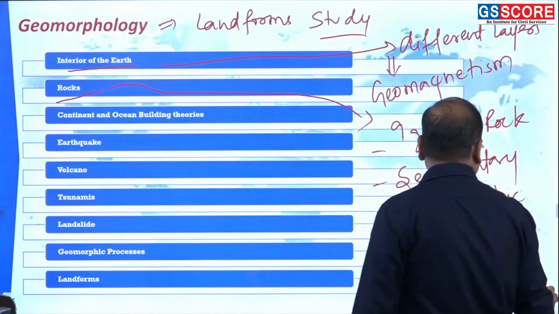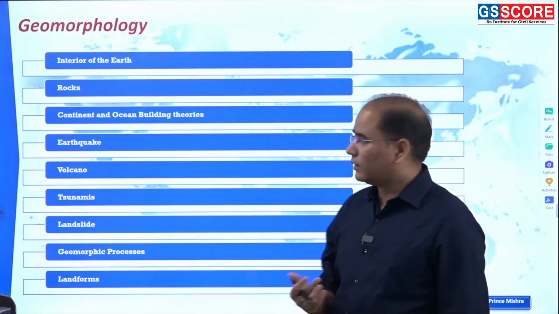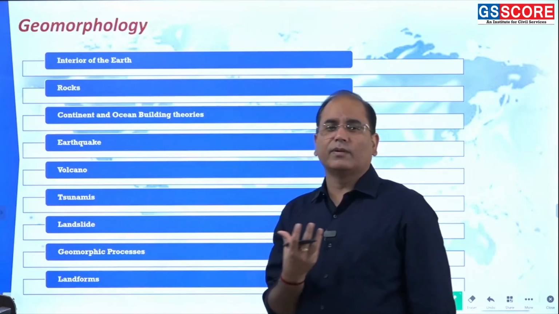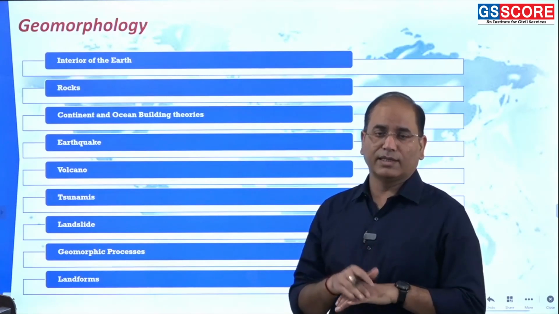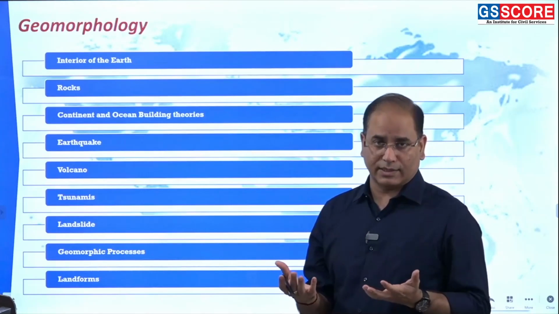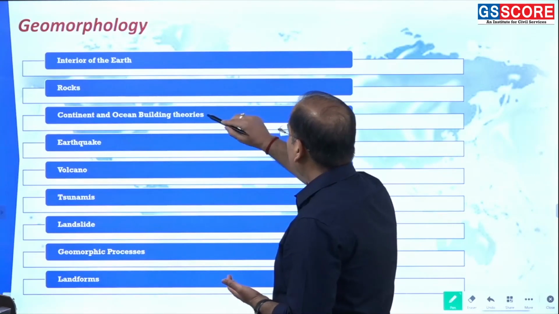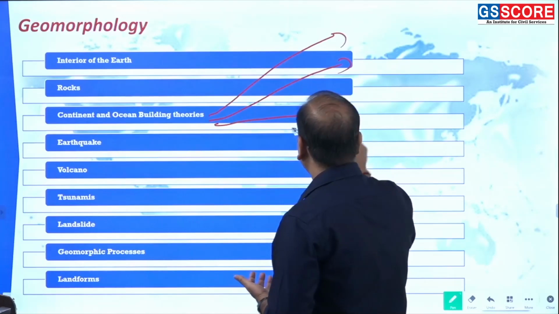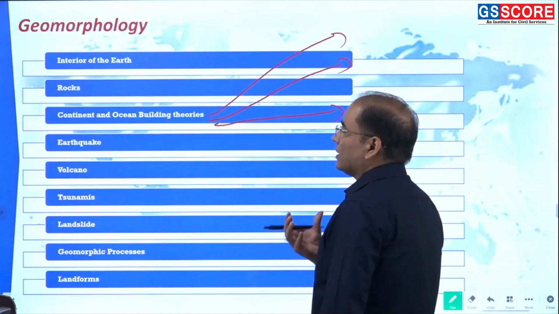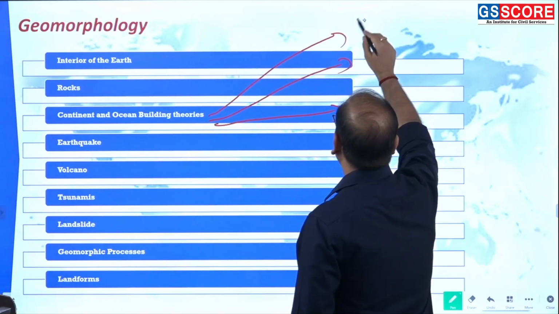When you have covered these two topics, then comes the most interesting part of geomorphology, that is the continent and ocean building theories. Basically, the most primitive, primary landform on the earth's surface happens to be the continent and ocean. So how these continents and oceans came into existence once the earth came into existence, you are supposed to study under this. There are different concepts and different theories to be studied. The very first theory which has given an answer to the question of how continents and oceans came into existence, you are supposed to study under the